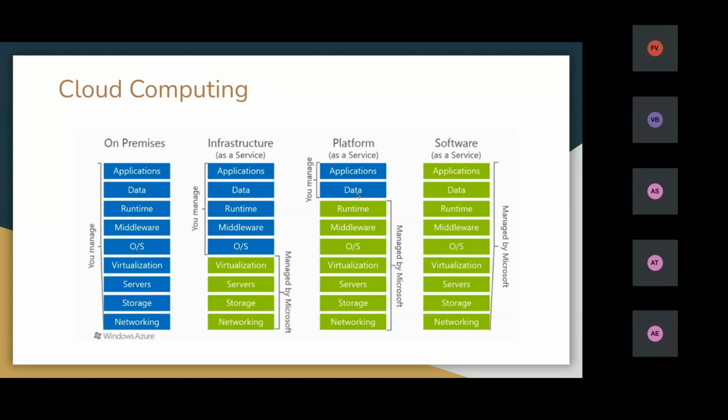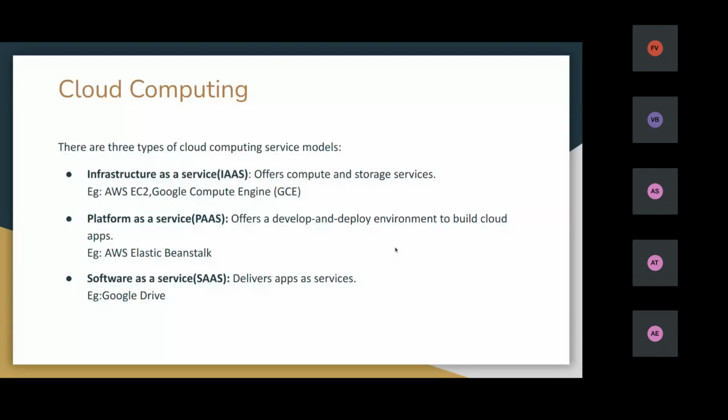We can directly deploy our application with the application data and application. Rest everything will be managed by our cloud provider. That is called platform as a service.